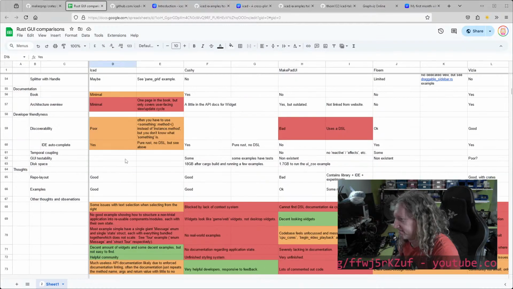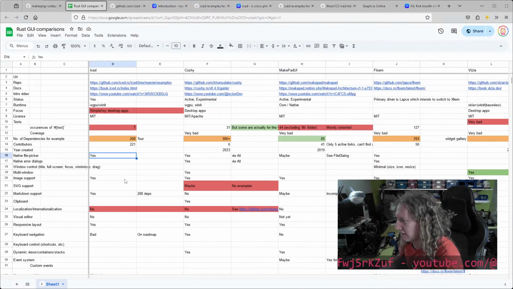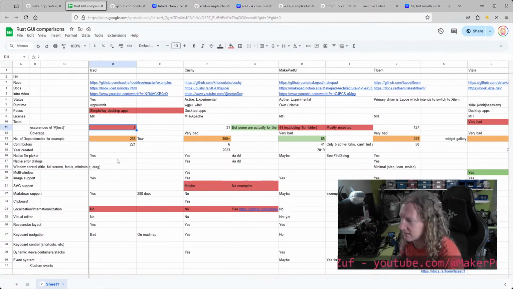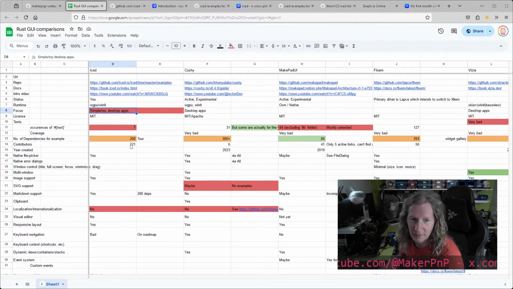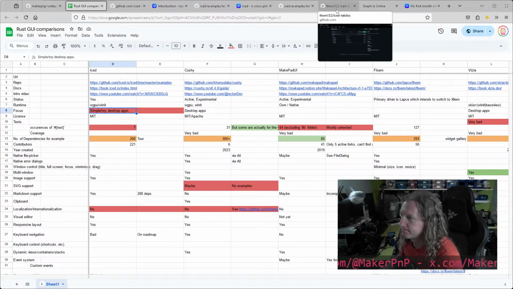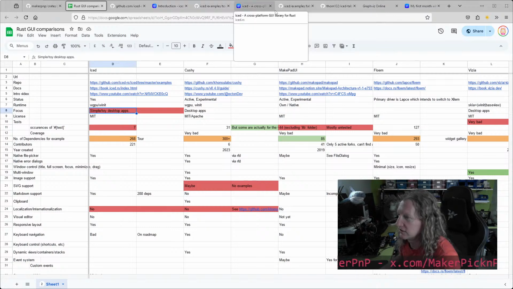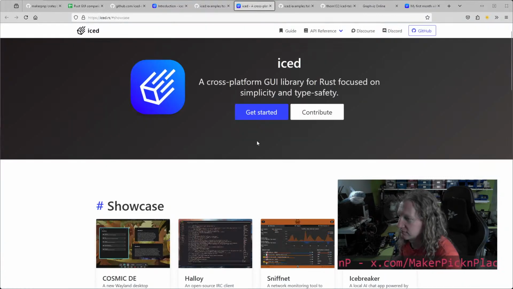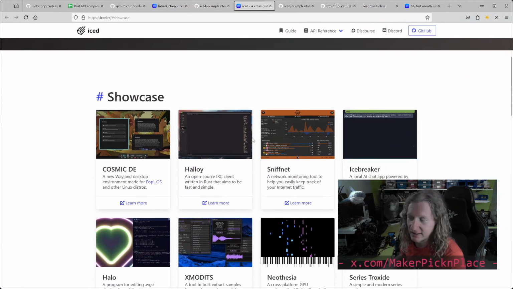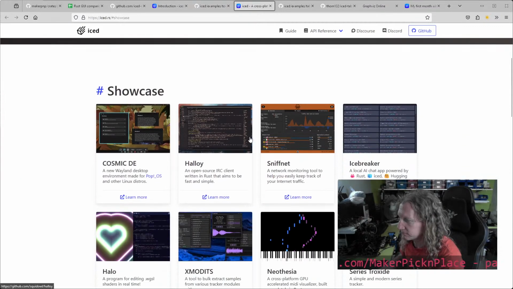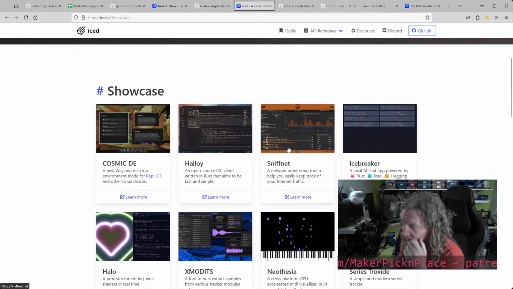So red flags, let's talk about the red flags. Occurrences of test, not many. The focus does seem to be sort of like simple toy desktop apps still. Now I say this because, let's have a look. So the showcase for ICE, this is on the ICE website. The showcase for ICE,